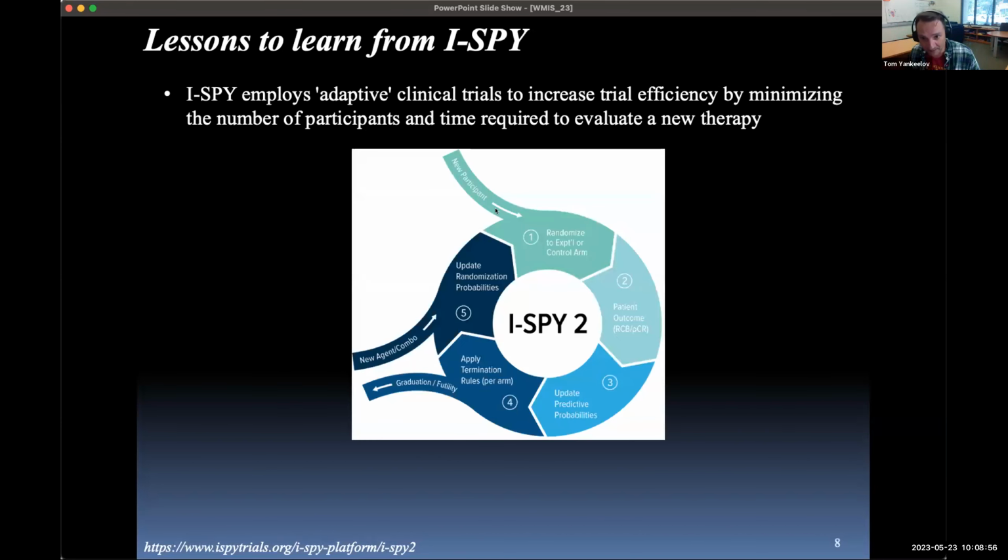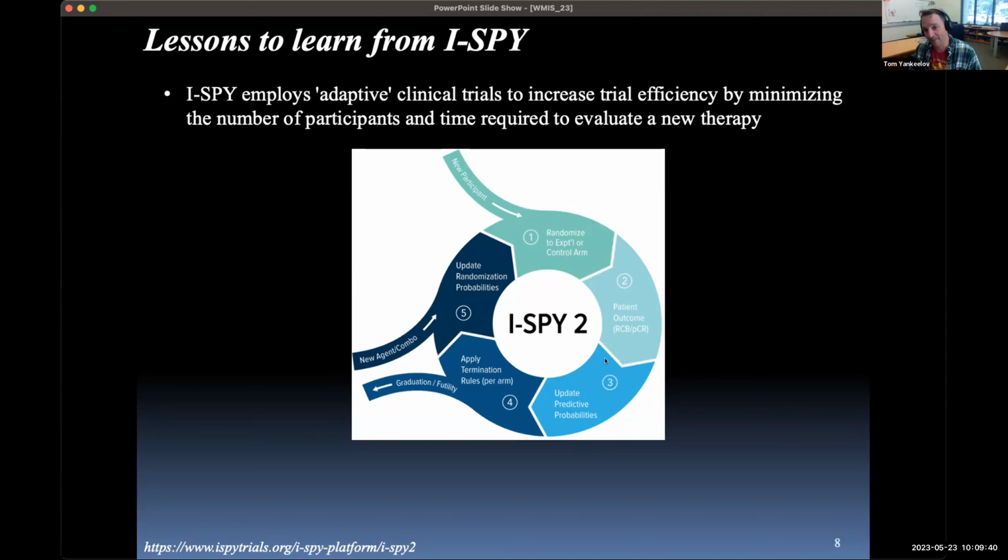And so what happens is when a new participant comes in, they have some set of characteristics, and they're randomized to either the experimental or the control arm, and they'll go on their treatment, and then they'll do the patient outcome either by looking at residual cancer burden or pathological complete response. And then you update the predictive abilities of your model, and that's the model that's loading the patient into the experimental or the control arm in the first place. And then this cycles around. As you get more and more patients with more and more similarities, they're more and more likely to go on one particular arm of the trial. If that turns out well, you can graduate it to FDA approval, or if it's not working, then that arm of the trial is removed.